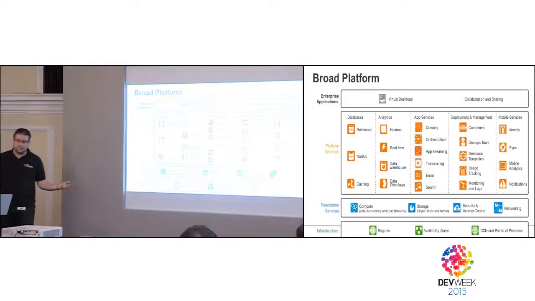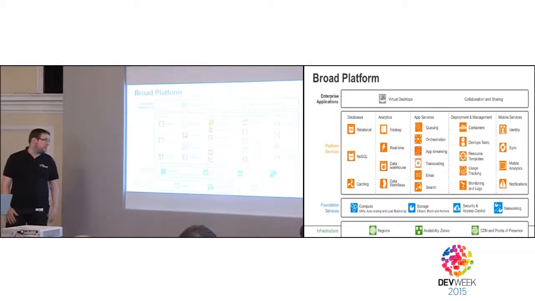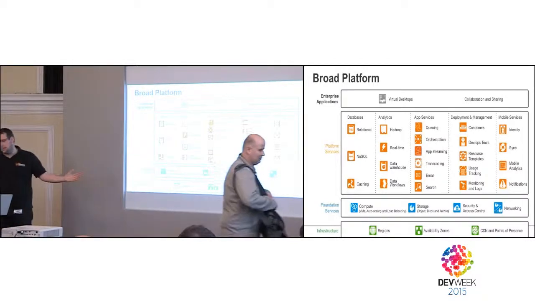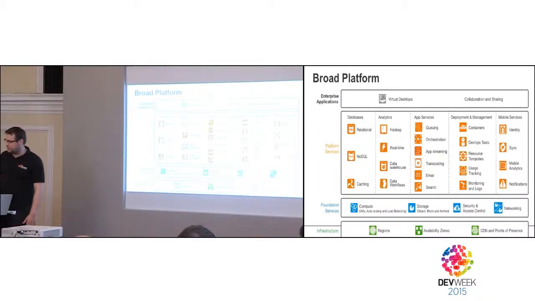We also provide, and that's the gist of it, storage and compute. You can have unlimited storage in AWS, and you can start machines from really small machines to really large machines. On top of these foundational services, we have more than 40 services available right now that span from databases. You can use exactly the same databases that you've been using on premises in the cloud, which makes it really easy to transfer infrastructure from your premises to AWS. There are also NoSQL databases, as well as caching. I'm not going to go through all of them because otherwise we'll still be here tomorrow.